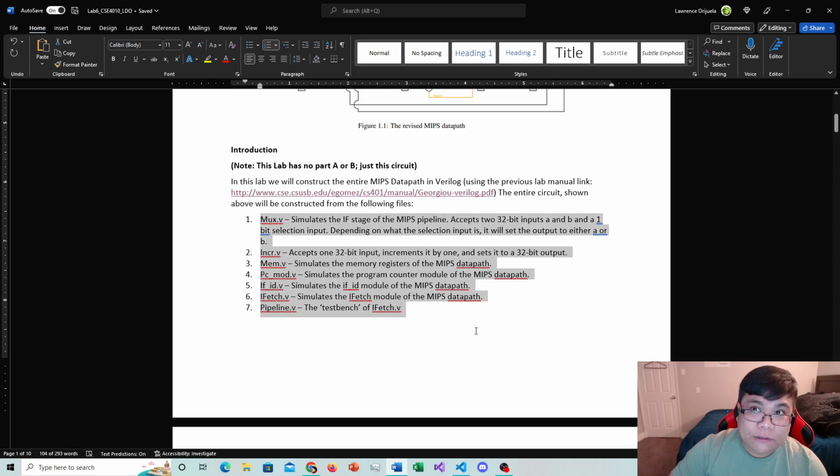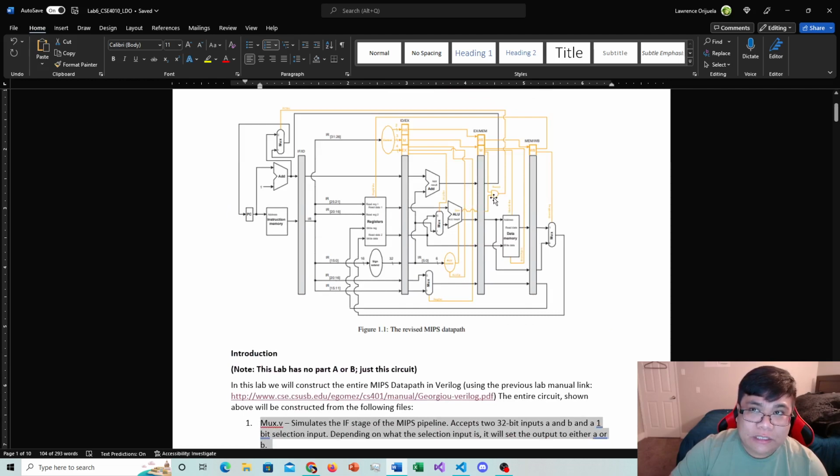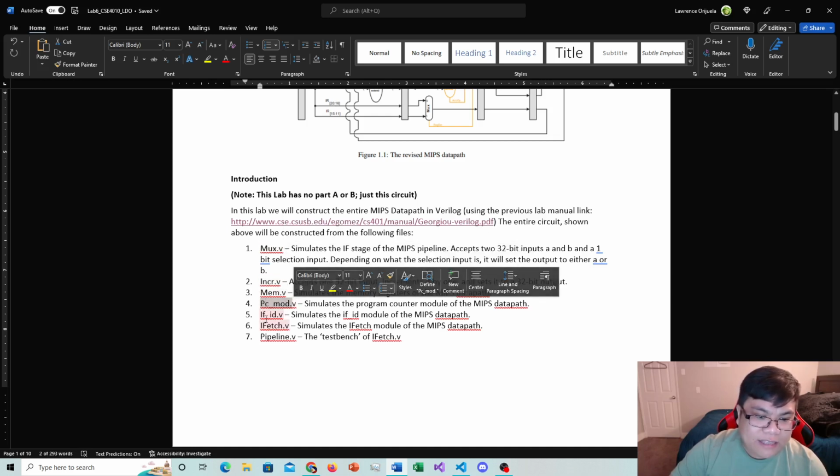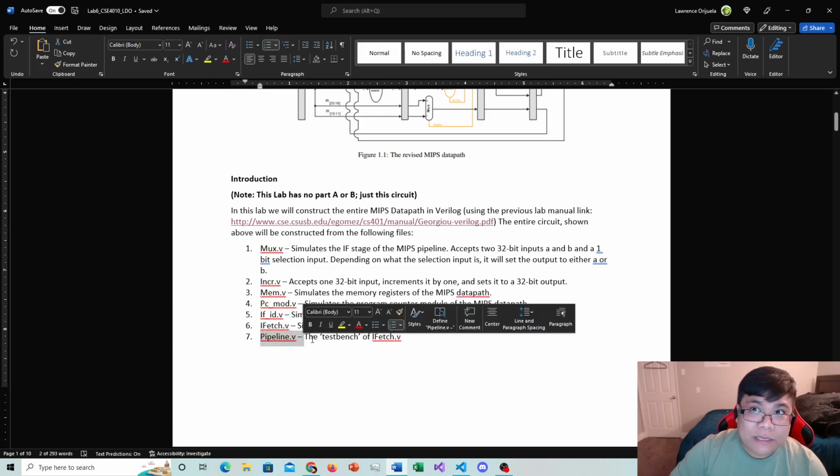7 .v files in total. And each of these Verilog files contains a module that you're going to need in order to construct the MIPS data path. Okay, so there's going to be a mux.v, an incur.v, a mem.v, pcmod.v, ifid.v, fetch.v, and then pipeline.v. This is kind of like your test bench. Okay,